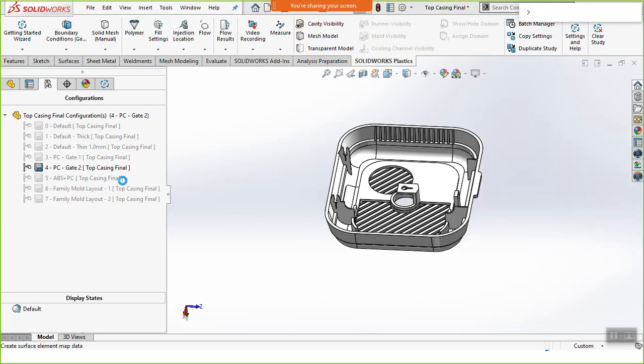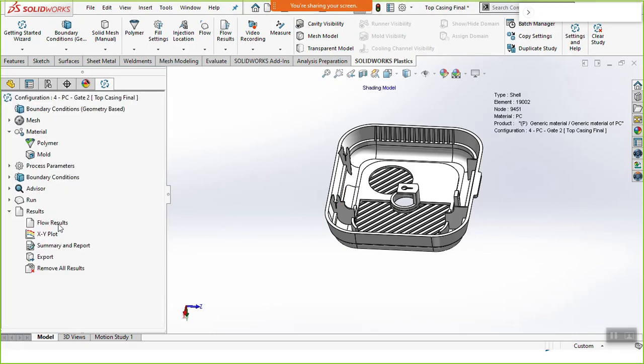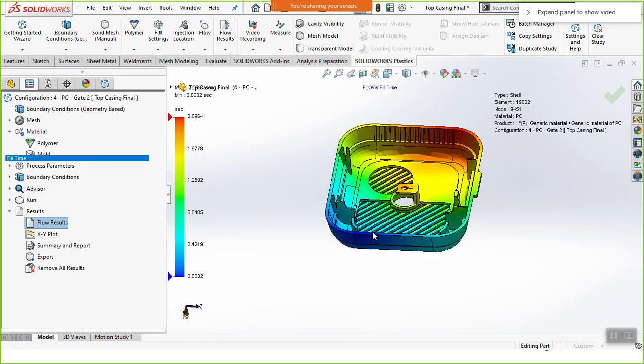Let us check what if I change my gate location, and whether there is any change in the result, whether my part would be getting completely filled, and whether I am able to eradicate the defects or not. Now my gate location is over here.